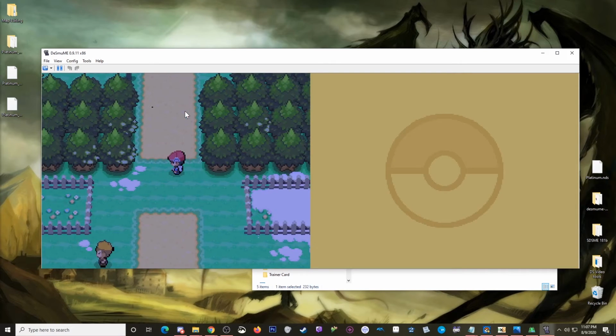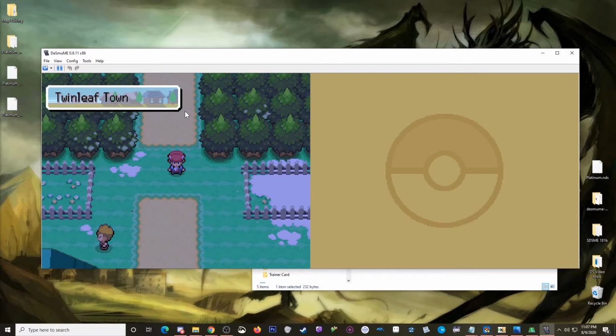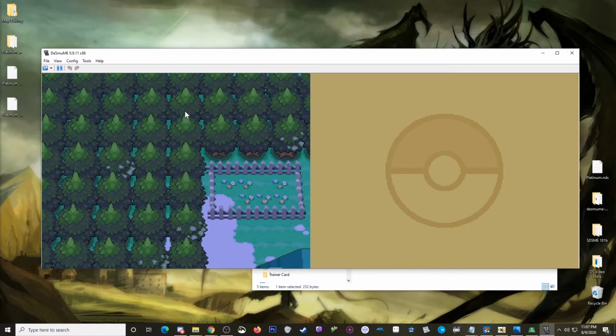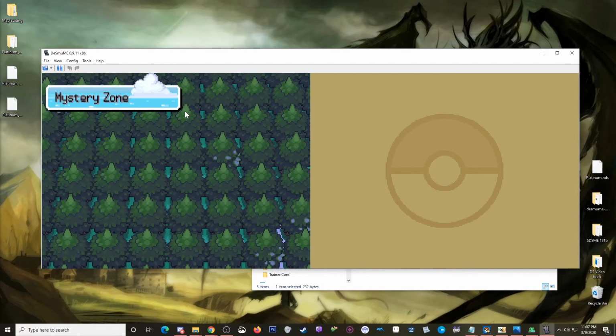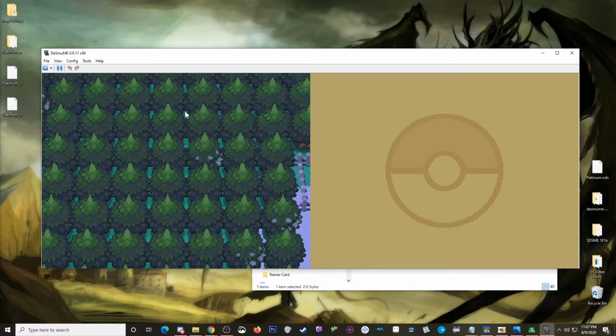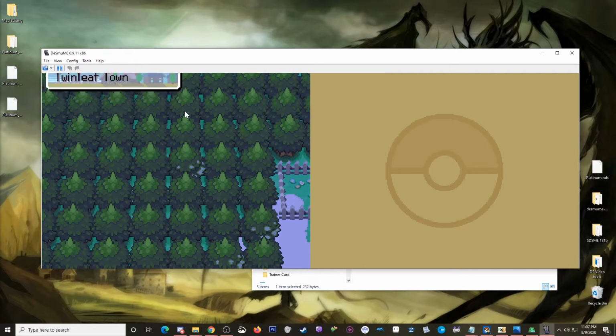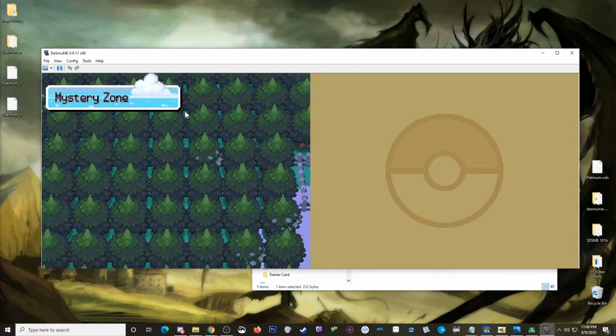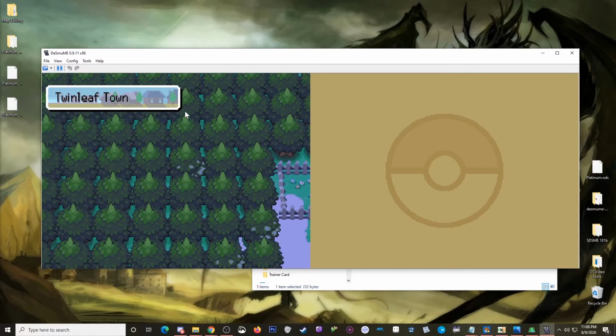So what I need to find is the exact point where the nameplate first comes in, Twin Leaf. Okay, so that is here. So then, hopefully I can walk this way. I go here until I hit Mystery Zone. Okay, so I walk back until I hit Twin Leaf. So here. If I stand here where you can't see me, I walk up 1, route through 1. Walk down, Twin Leaf. Walk left 1, Mystery Zone, right 1. Okay, so since this is where those signs come up, right where I am right now, even though you cannot see me,